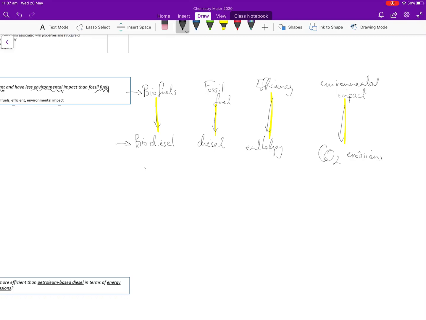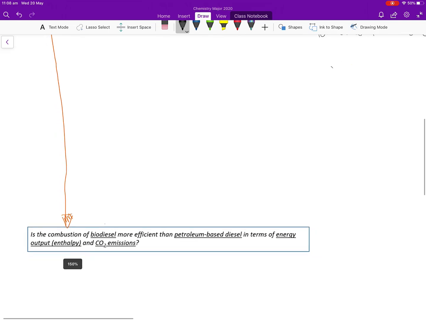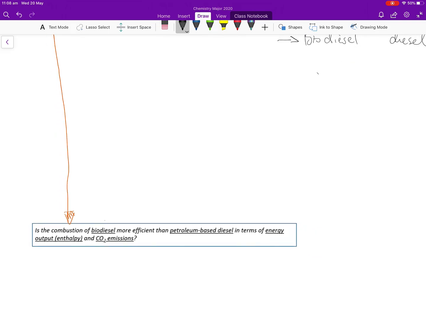Therefore, it's important to consider whether biodiesel has lower CO2 emissions. So while that's not perfect, it would be a good start. And you can see how I'm trying to tell the story of how I got from these general terms to the specific terms. And really, a nice little way to finish this off is, therefore